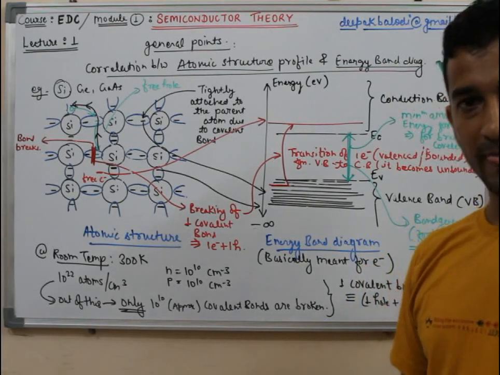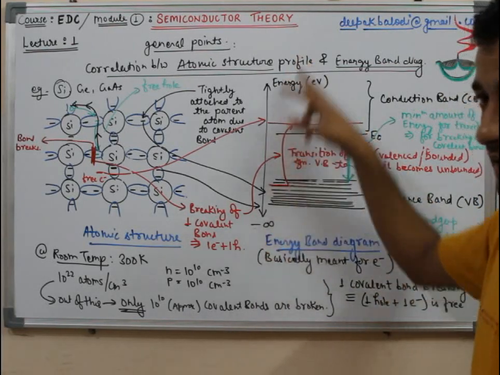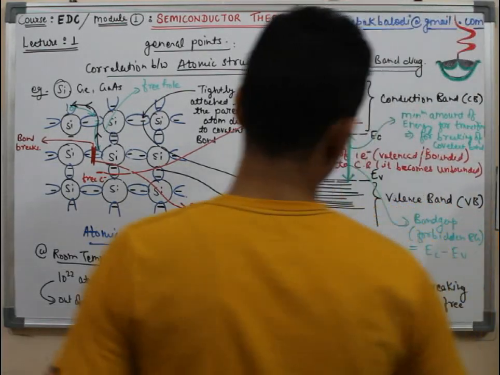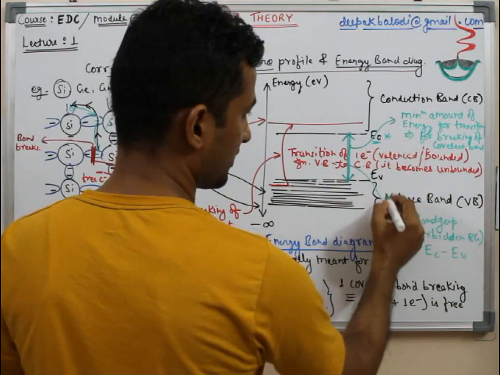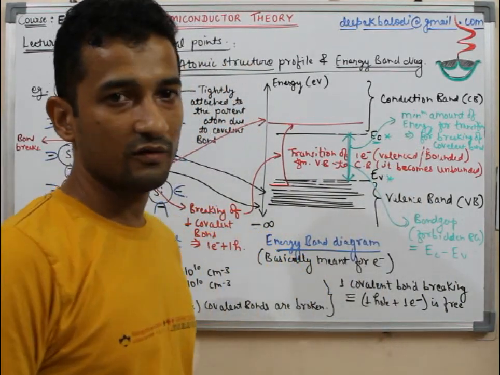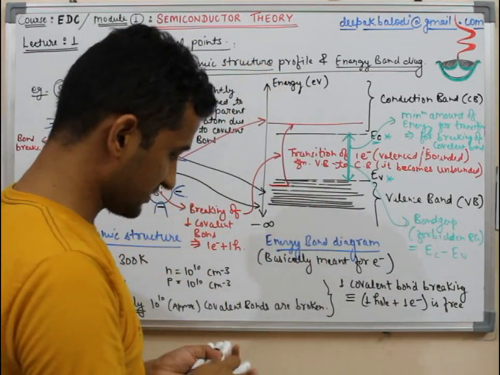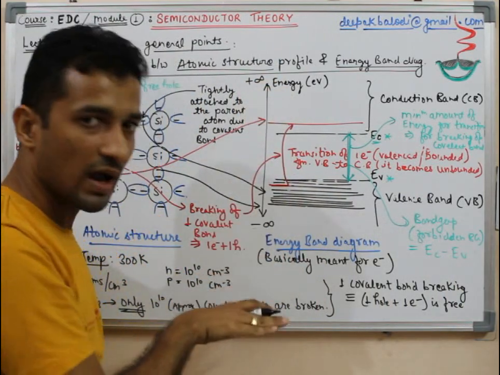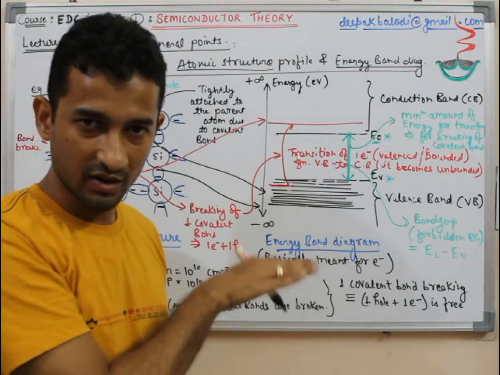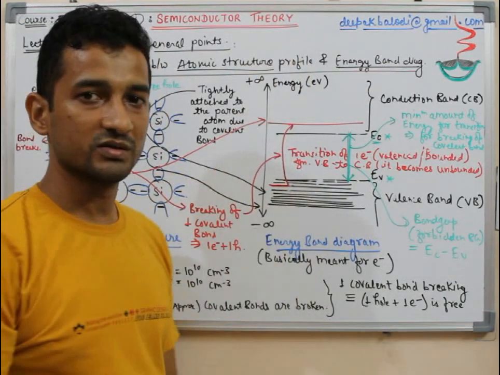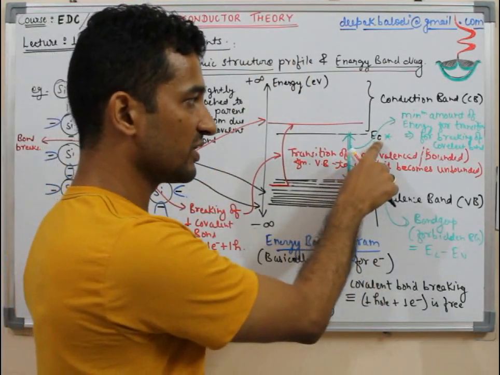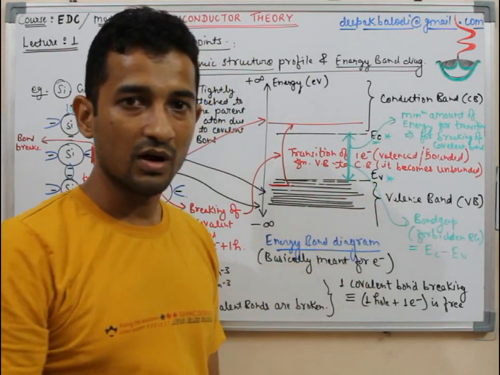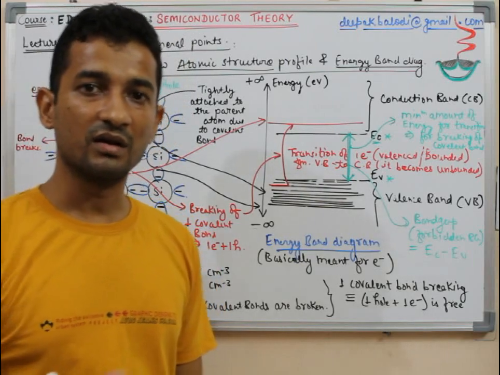One important thing, that there is no absolute value on this vertical scale. Meaning if you ask me any value of EC, I cannot tell you any value of EV, because this whole scale varies, as I have located here, from minus infinity to plus infinity. So there is no absolute reference available anywhere at the downwards or at the upwards. So we cannot take any numeric figure for EC alone. We cannot take any numeric figure for EV alone. We can only define values in the relative sense.